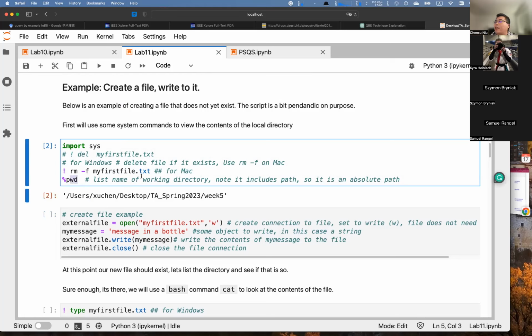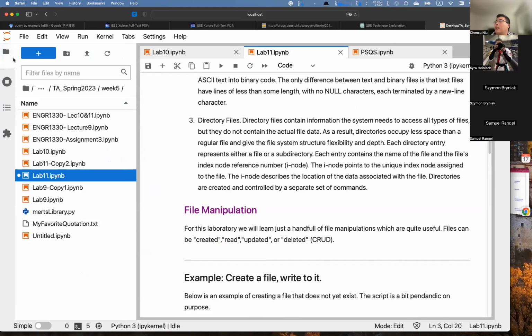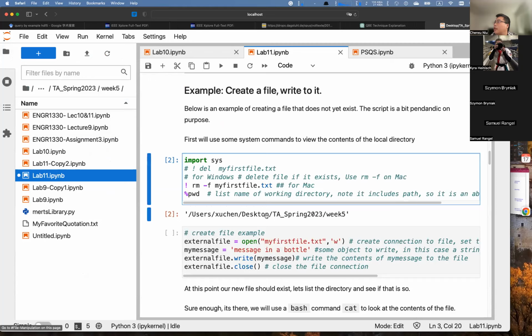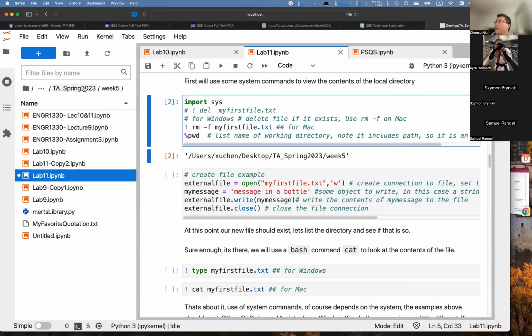WD means working directory. So here you will know the working directory you are on. For me, it's in the user, my name, desktop, and this TA folder, and then week 5 here. You can also click the folder icon and see your location. Okay. And next,